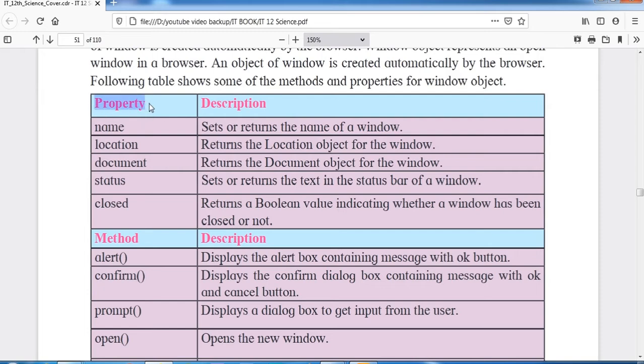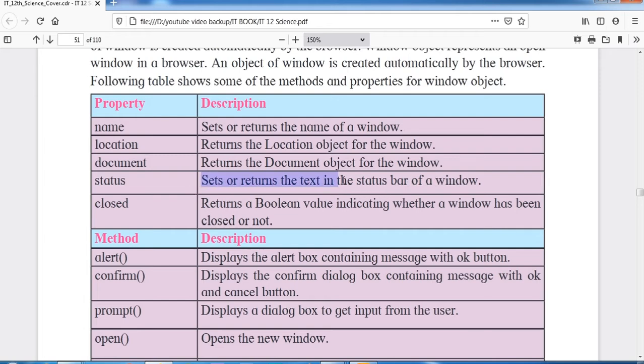There are some properties and descriptions for objects: the name property, the location property, document, status, and closed. Name returns the name of the window, location returns the location object for the window, document returns the document object for the window, and status sets and returns the text in the status bar of the window.